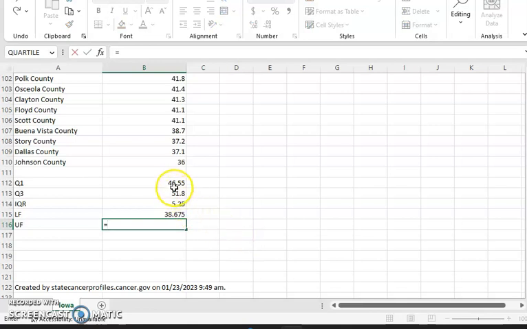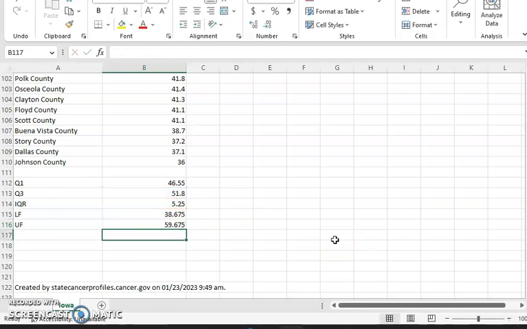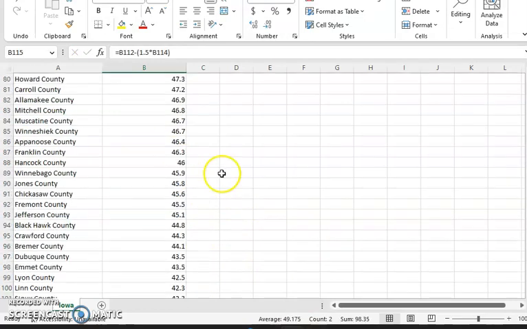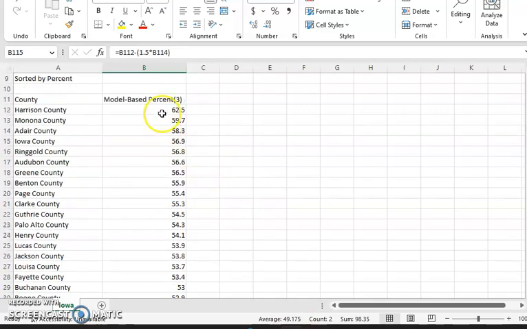Equals for the upper fence, so we'll go with the upper quartile there, and upper plus, to help us remember whether plus or minus, 1.5 times the interquartile range. We'll click that again, close the parentheses and hit enter. So anything outside these fences is an outlier. And this is already sorted,